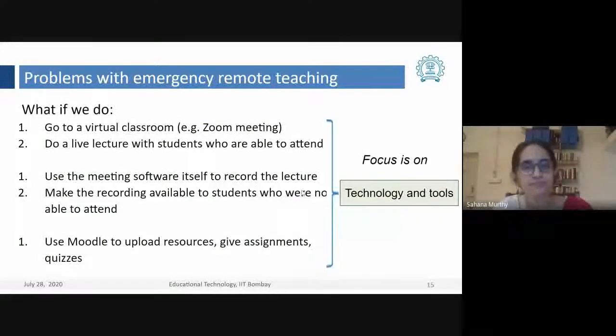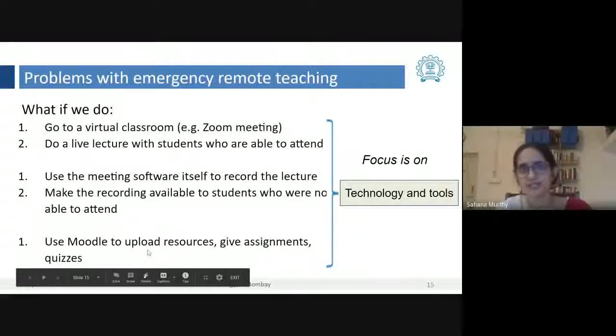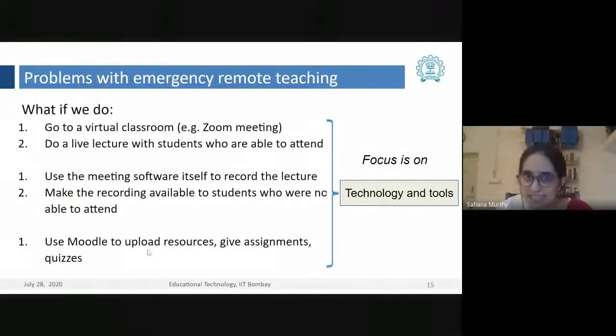Next, please. The last concern, actually, I want to mention, and then we can take a break, is if you look at this slide, you will see that there is a lot of focus on technology and tools, right? There is Zoom, there's a virtual meeting, there is a meeting software to record, there's Moodle. So what about the pedagogical strategies, the effective learning methods, and so on? So one more thing we need in effective online instruction, next slide please,